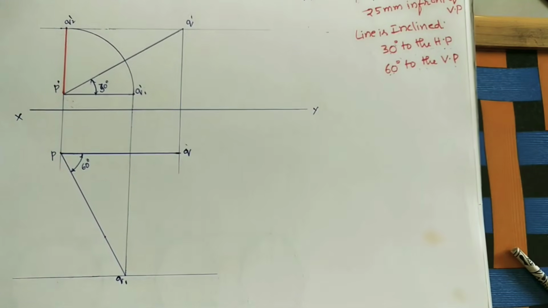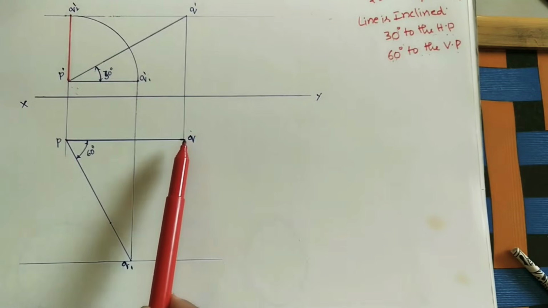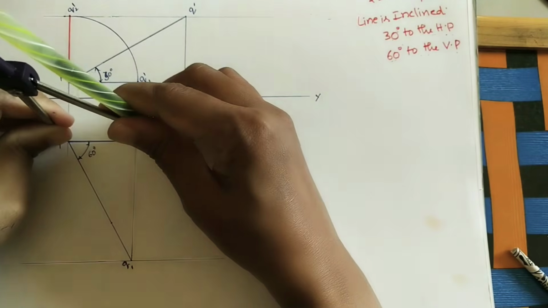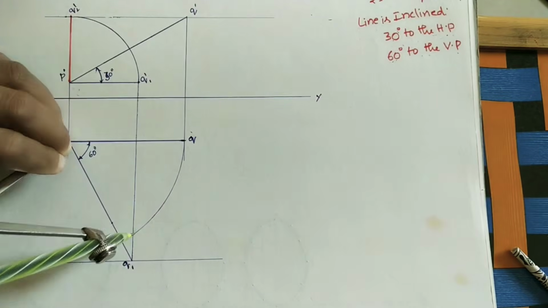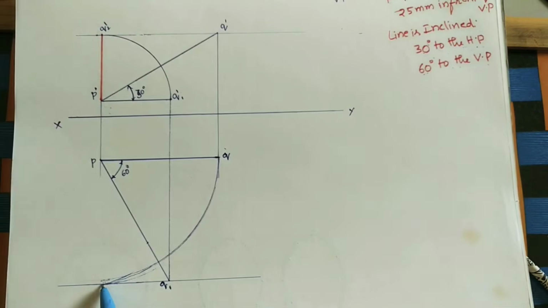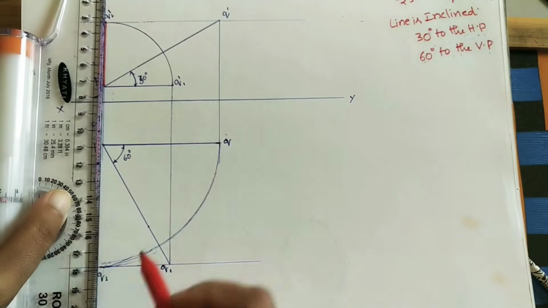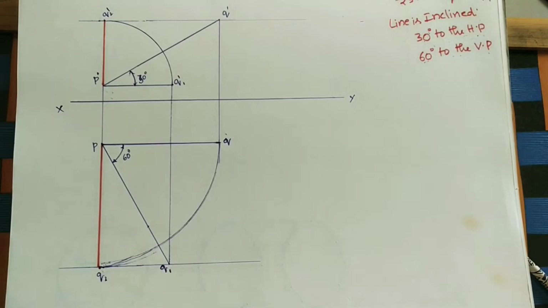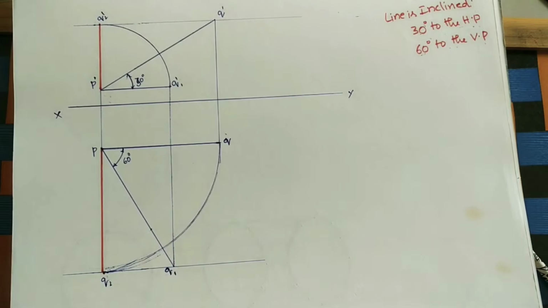And now how do we get the final top view? As we know, this is the top view. Now this is moving up to the locus of Q. So take this length, whatever the top view length, till the locus of Q. Taking Q2 dash for the front view, here for the top view take Q2. And this Q2 to P is also coming on the same line. This P Q2 is the final top view, and P dash Q2 dash is the final front view. Here the front view and top view are coming on the same line.